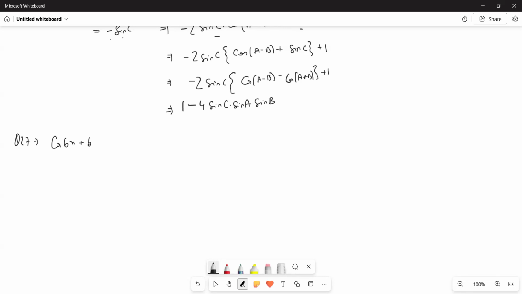Question 27: cos of 6x plus 6 cos 4x plus 15 cos 2x plus 10, whole divided by cos 5x plus 5 cos 3x plus 10 cos x. We have to find its value. So this was again a very simple, just a simple manipulation based question, which is